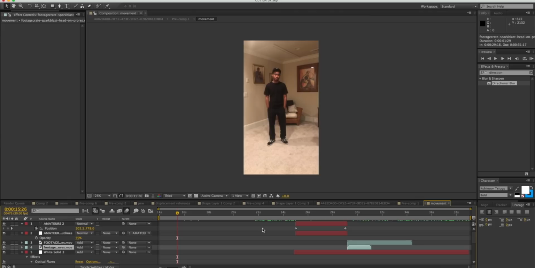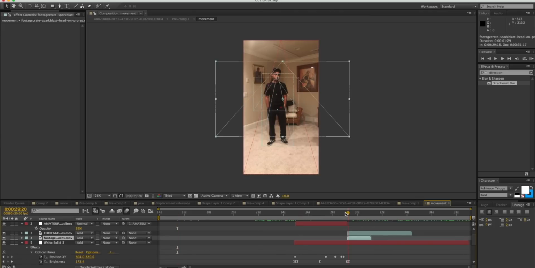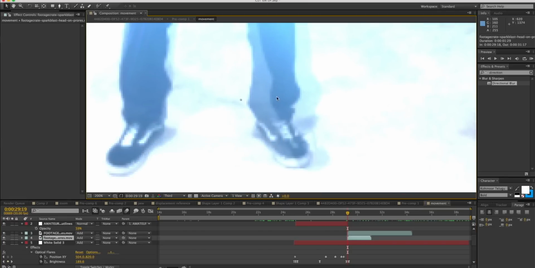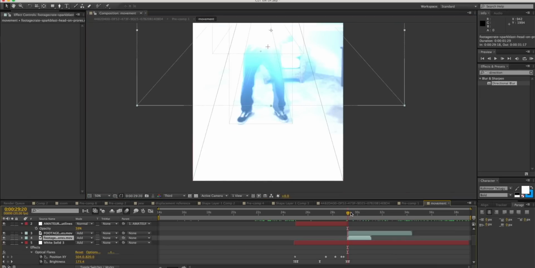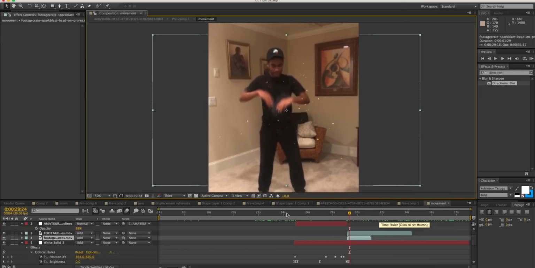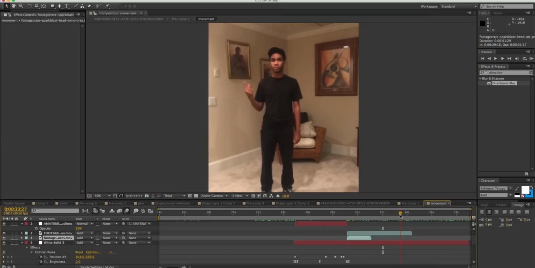The hidden cut in this video is when my hands pop and the light gets really bright here. As you see, there's a second foot here. You see that? It's not motion blur, it's actually a hidden cut. And as it goes on, you see, this is the real cut in the video. I know I'm ruining the magic, but